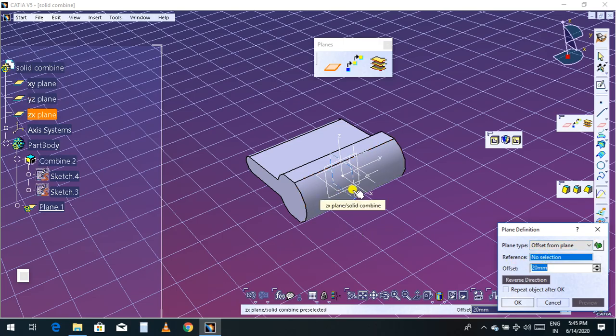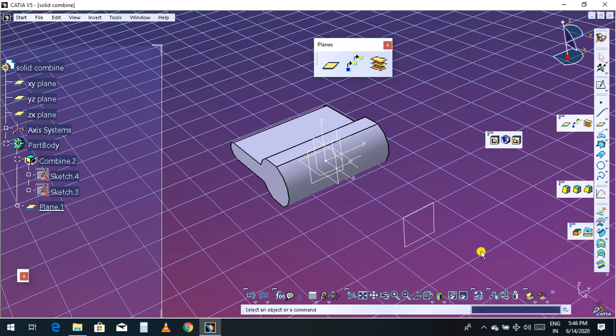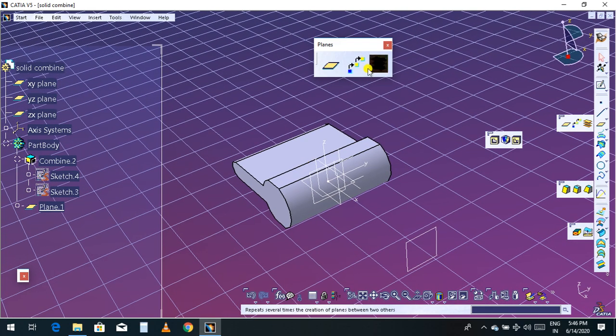I will select from here, or you can select from there also. So this is the reference YZ plane, and I'll take a 30 mm offset distance from this plane. Take preview, click OK. So this is one type of plane, and I will choose points representation.